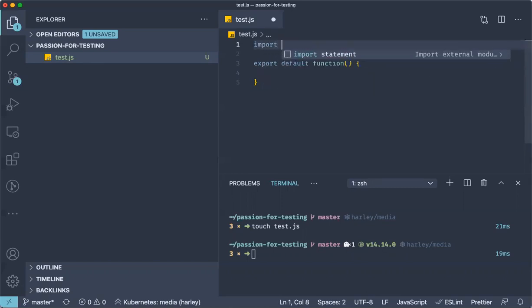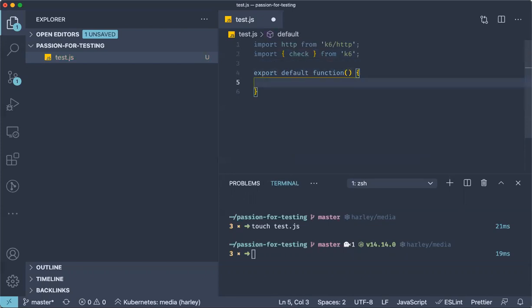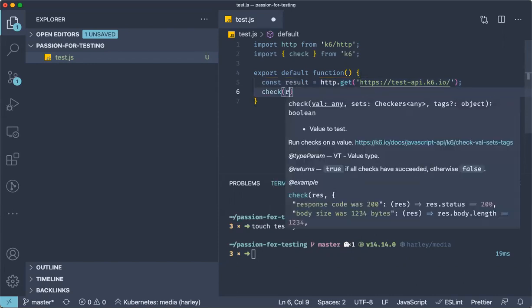So we'll start by importing the HTTP client, as well as importing the check. We'll then do our HTTP call. In this case, we'll do it against a test API that is available on the K6 website. And we'll then define our check